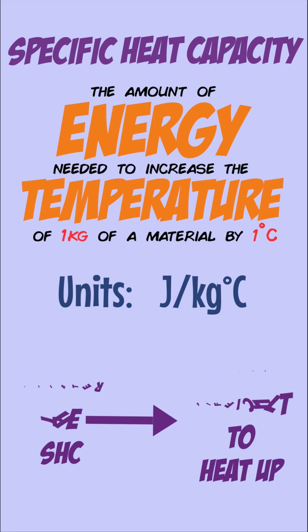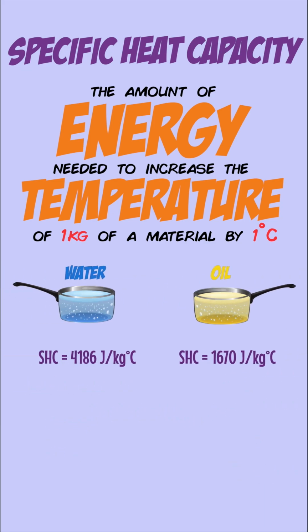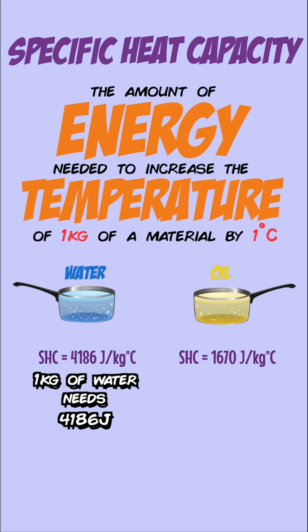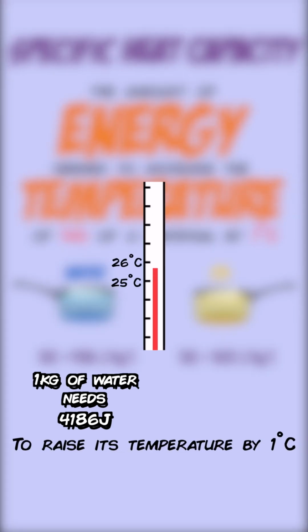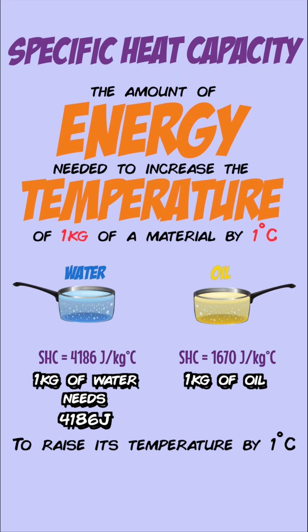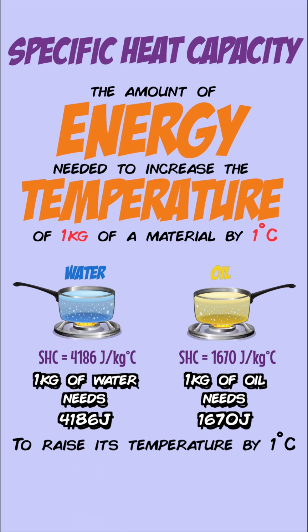So for example, if you looked at water and oil, you can see that water has a higher specific heat capacity than oil. This means that 1 kilogram of water needs 4,186 joules of energy to raise its temperature by 1 degree Celsius, whereas 1 kilogram of oil only needs 1,670 joules. So if you heated up the same amount of water and oil on the same stove, the oil will